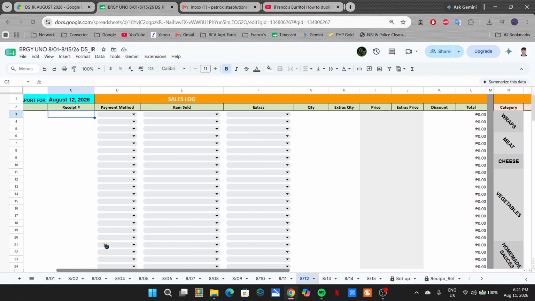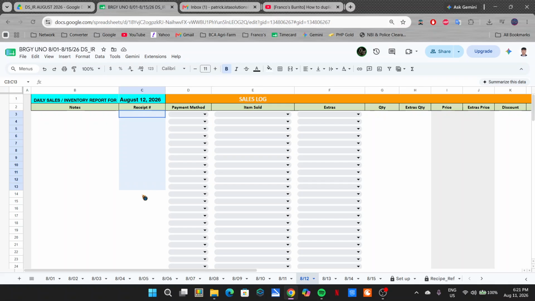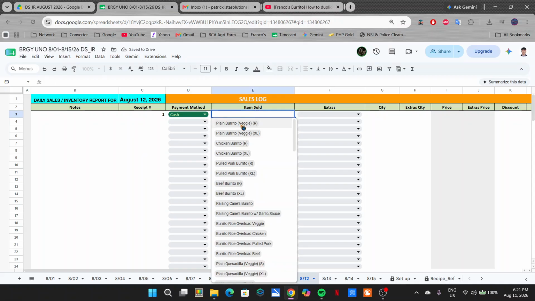So, of course, here you'll be encoding all the receipt numbers, okay? And make sure it's itemized, okay? So what does that mean? That means that if there are multiple orders in one receipt number, let's say receipt number one, and his payment method is cash. And then let's say he ordered a